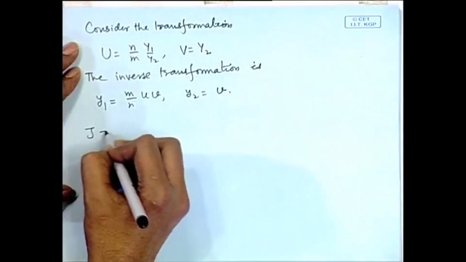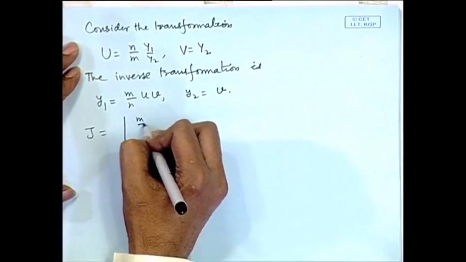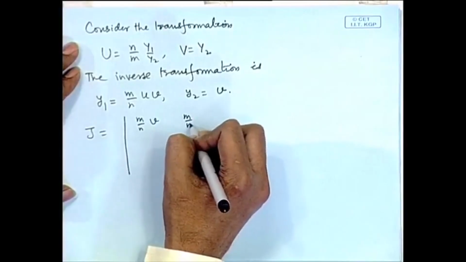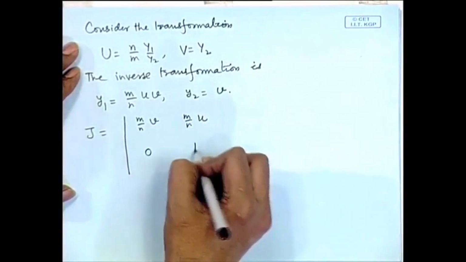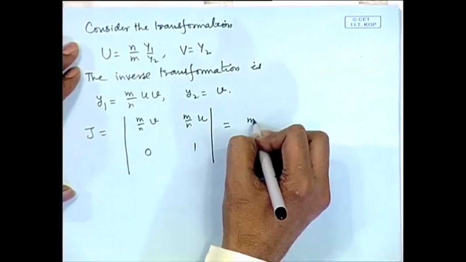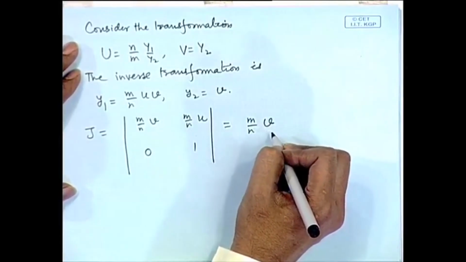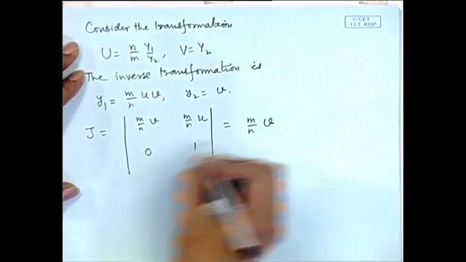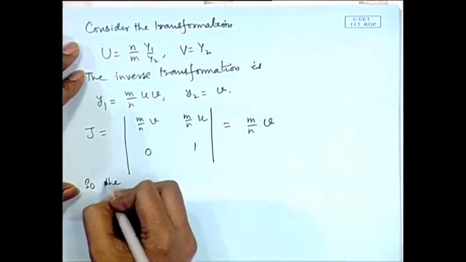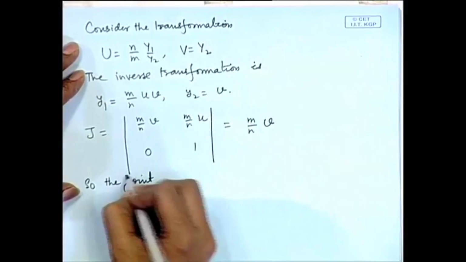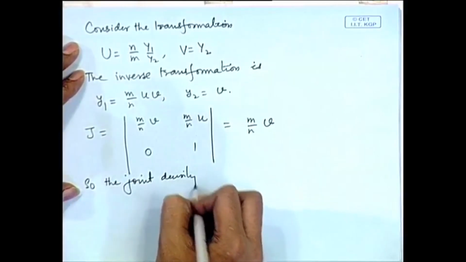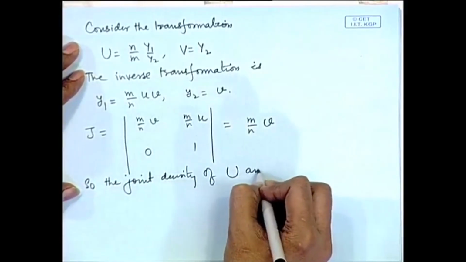The Jacobian of the transformation can be calculated as the determinant with rows (m by n v, m by n u) and (0, 1), which is basically m by n v, and since the terms are positive, the absolute value of J will also be the same. So, the joint density of u and v is